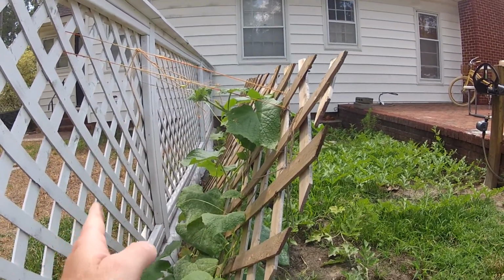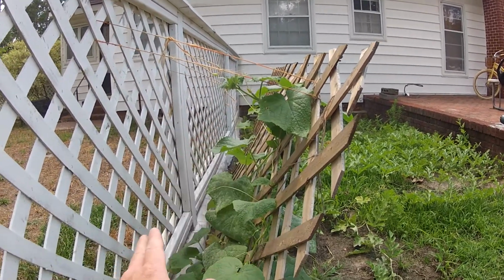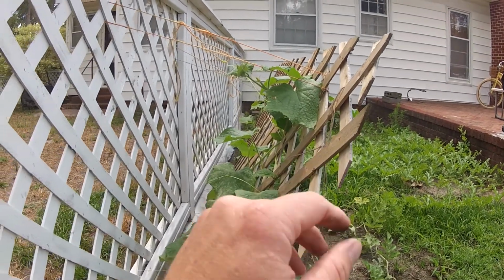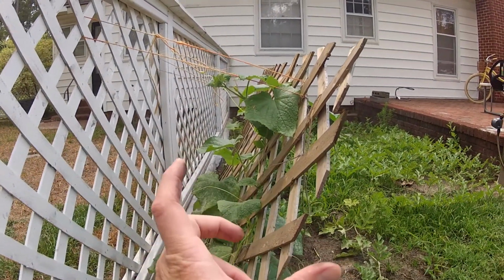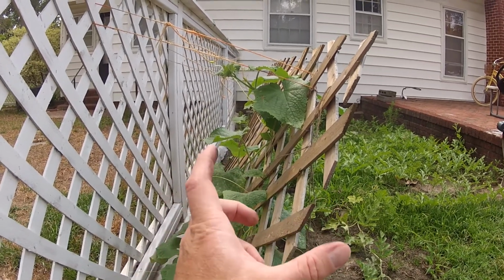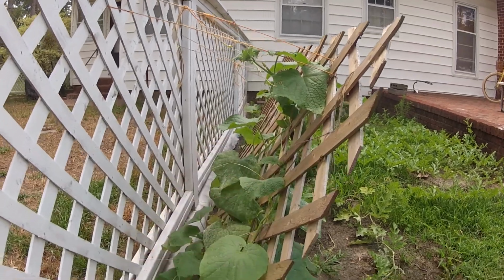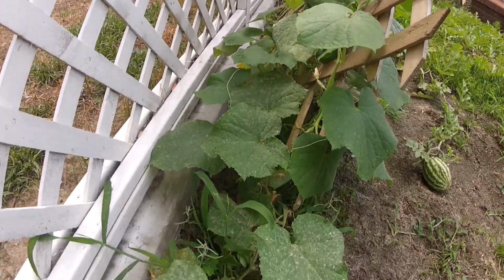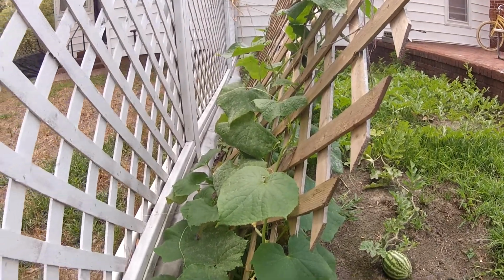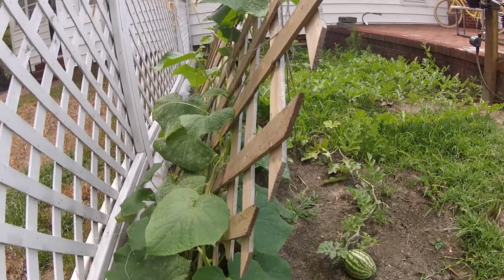Nothing permanent, okay? So the way that Terry built his structure was he built a 2x4 rack. This section here is at a 45-degree angle. He put the fencing that you'd use for goats or whatever, that has 4-inch metal gaps in it, and he built his rack that way. But if you'll see here, the cucumbers are growing up the trellis, or the lattice, and so you get all your